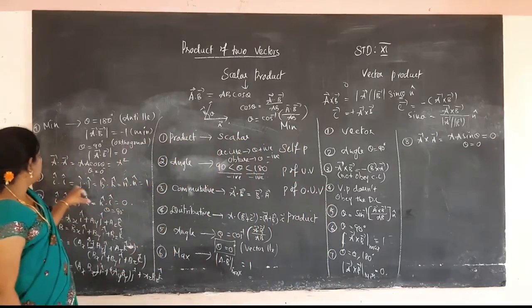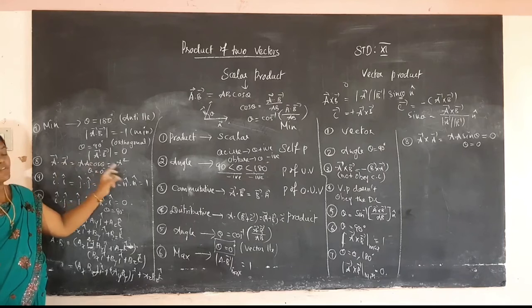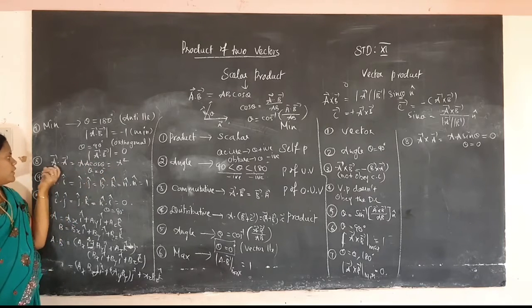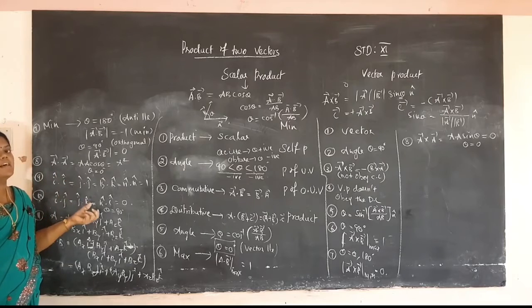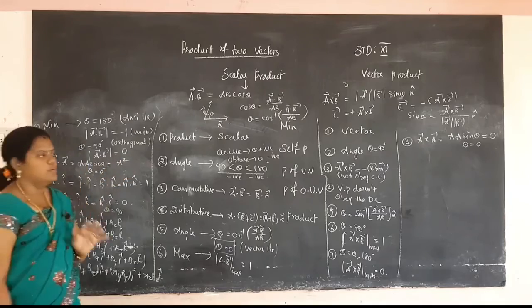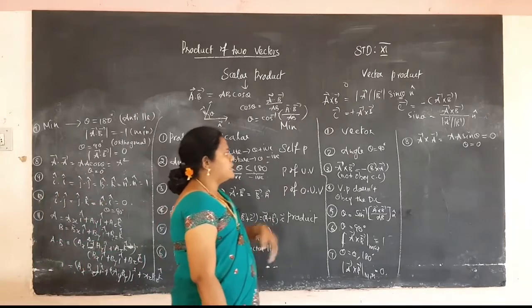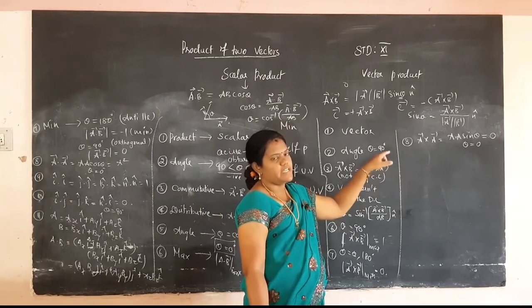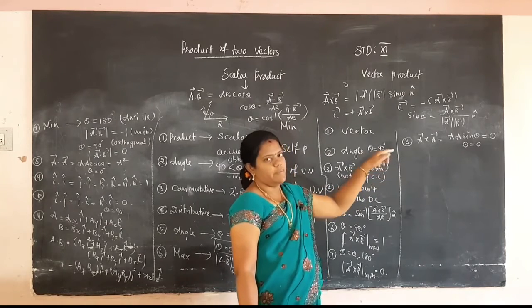பட் இன் ஸ்கேலார் செல்ஃப் ப்ராடக்ட் வில் பி கிவிங் த ஸ்கொயர் ஆஃப் த ஒரிஜினல் வெக்டார். ஒரு வெக்டாரை அதோ வெக்டாராலேயே நீங்கள் ப்ராடக்ட் பண்ணீங்க அப்படின்னா ஸ்கேலாரில் அதை ஸ்கொயர் பண்ணி வரும், வெக்டாரில் 0 தான் வரும். ஓகேவா? இந்த வெக்டார் ப்ராடக்ட் A vector cross B vector is equal to A sin theta. So theta angle will be taking 0. So A cross A it will be equal to 0.